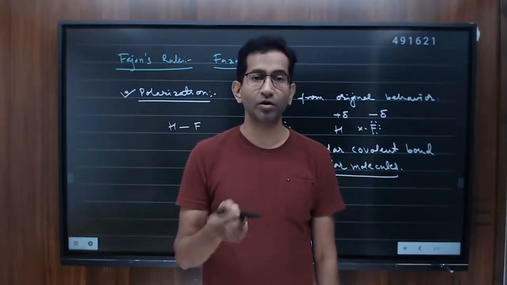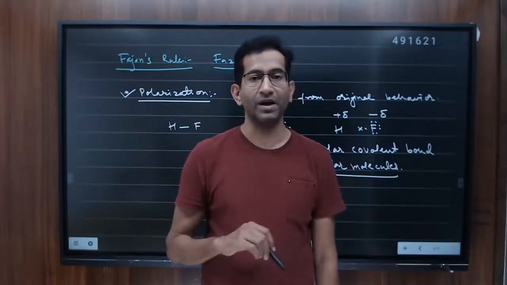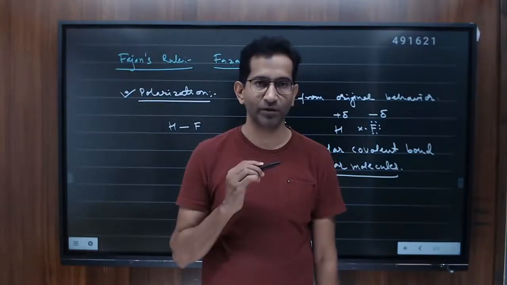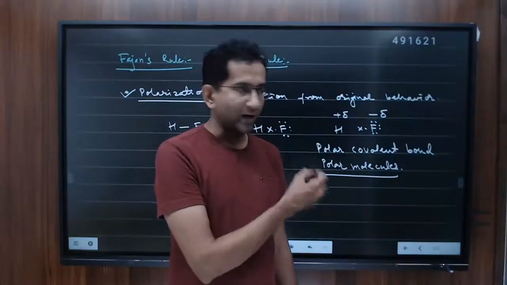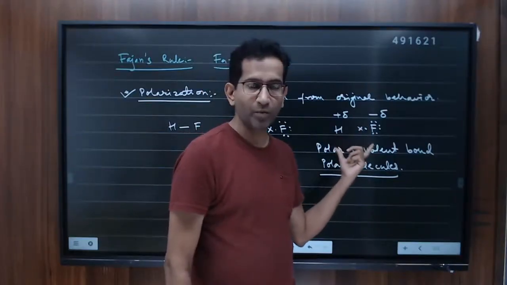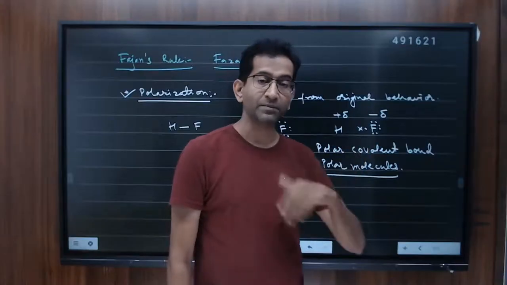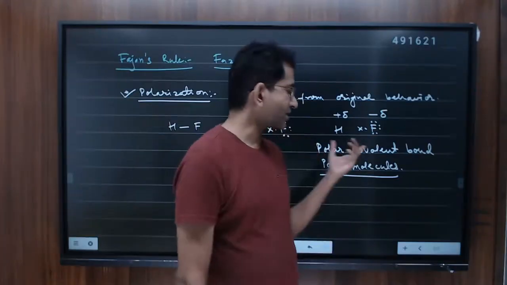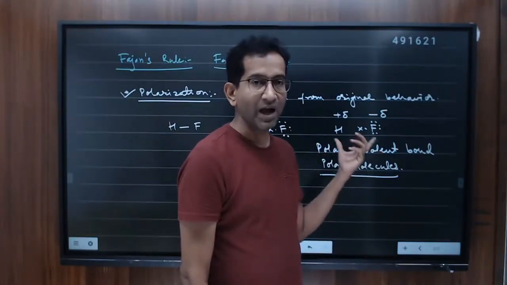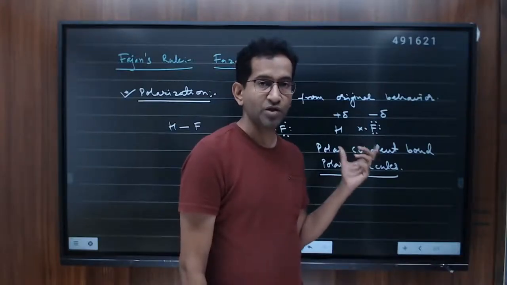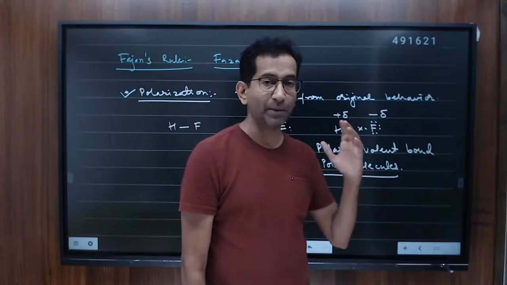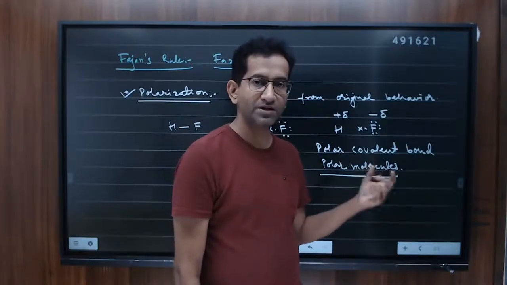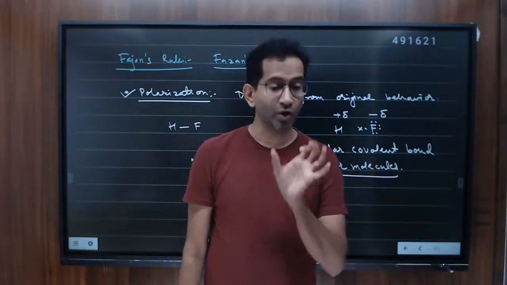In an ionic molecule covalent character can also be developed, and that was explained by the scientist Fajan, and that explanation is known as Fajan's rule. The way we have discussed the development of ionic behavior in a covalent molecule, the same thing can happen, the development of covalent nature in an ionic molecule. So what is the development of ionic behavior? Ionic behavior is actually a charge separation. So if charge separation takes place in a covalent molecule or covalent bond, then it is called deviation or polarization in a covalent molecule. But if you have an ionic bond,